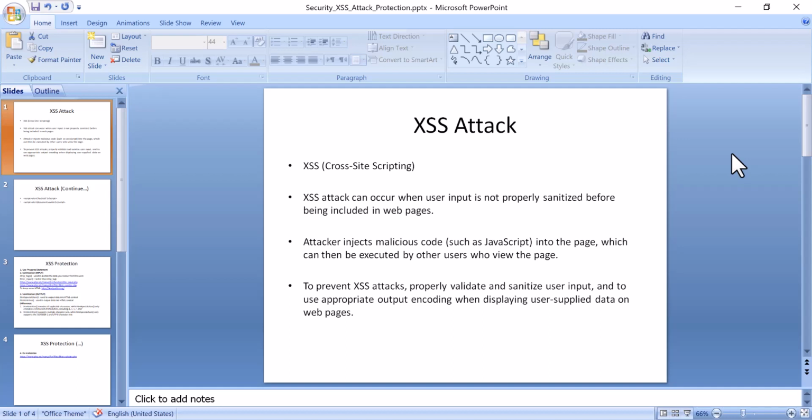In this tutorial, I will discuss the XSS attack in PHP. XSS actually means cross-site scripting. This attack can occur when the user input is not properly sanitized before being included in the web pages. The attacker injects malicious code, for example JavaScript, into a page which then can be executed by other users